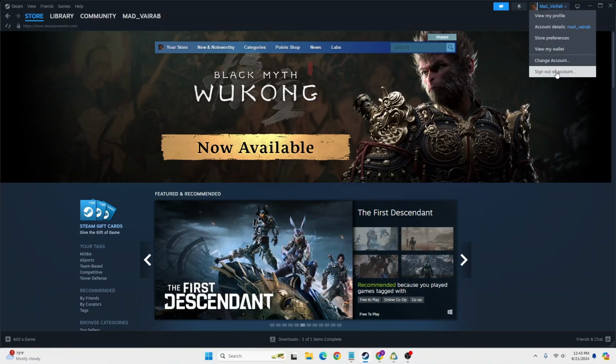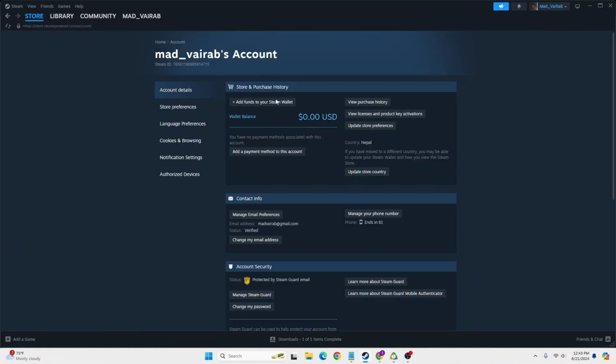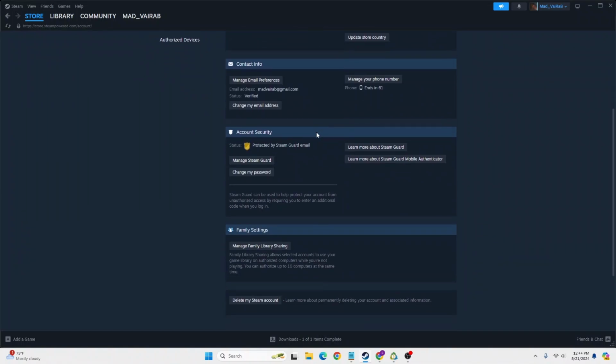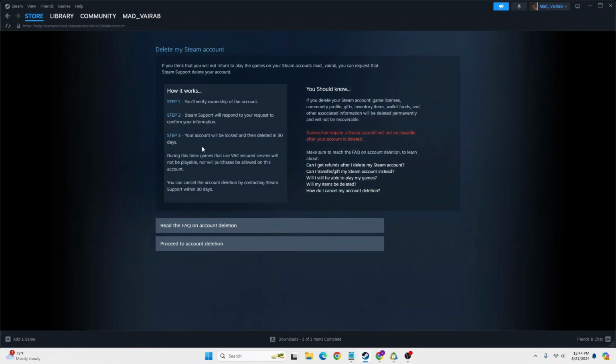and this kind of menu will appear, where you will be required to click on the account details section. Click on account details and you'll land on this section of your Steam account, where you'll be required to scroll down on this interface under the category of account details. When you scroll down at the bottom of this page, you can see the delete my Steam account option available for us. Click on delete my Steam account, and you can see these are the steps to